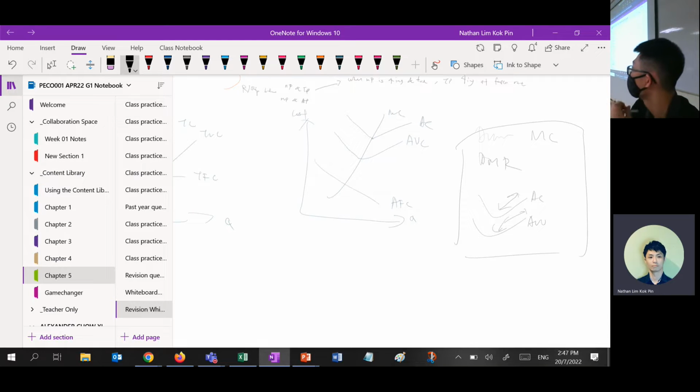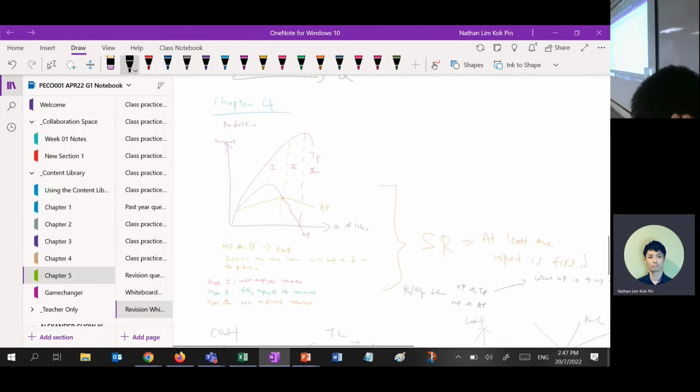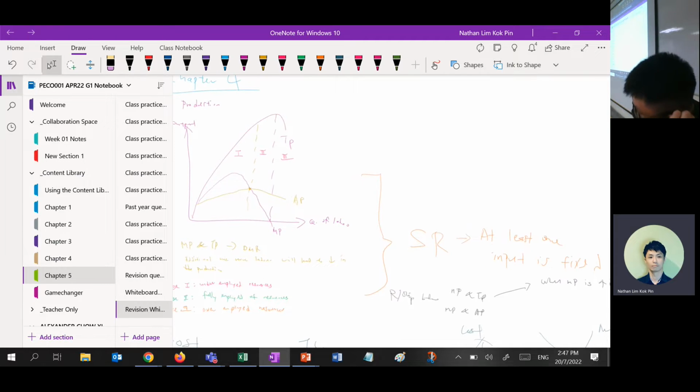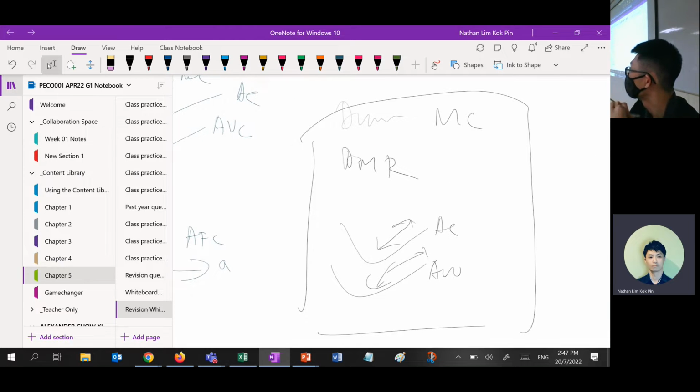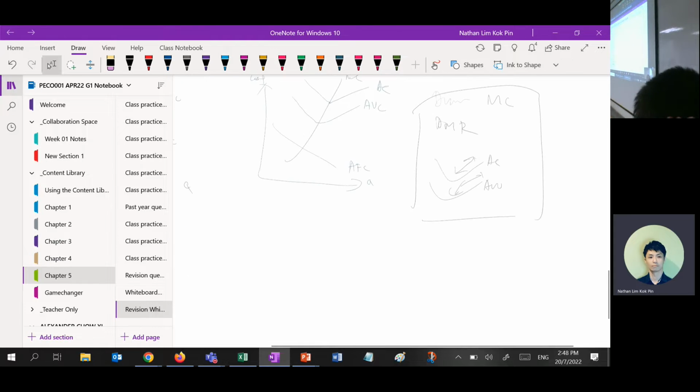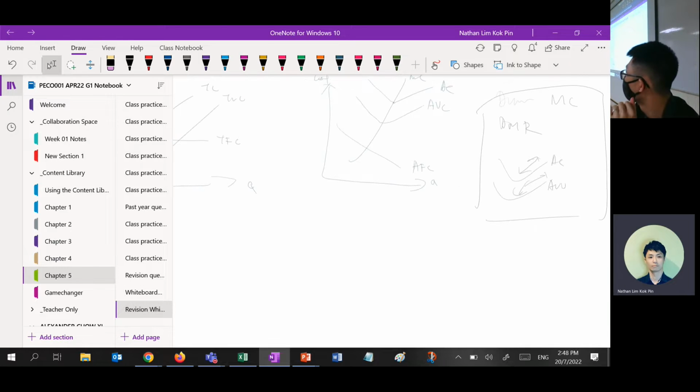Diminishing marginal returns: we can show two sides, one is product, one is cost. Product you show using MP and TP. For cost, you can show using MC and AC or AVC. That is to show diminishing marginal returns as well. Okay, the formulas you do yourself. Formulas of AC, AVC, AFC. Do you know? TC, TFC, TC? Don't know.